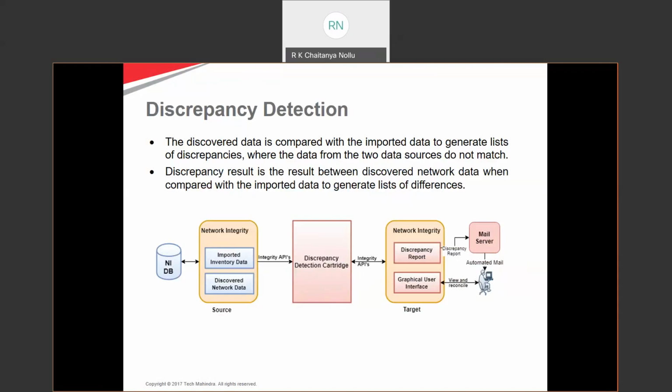That discrepancy report is mailed to the network integrity users. Okay. After completion of the discrepancy detection, the discrepancy report will be sent to the network integrity user. In addition to that, the network integrity users can view those discrepancies in the network integrity front end also. Let us see now in the front end where we can see the network discrepancy report and the mail